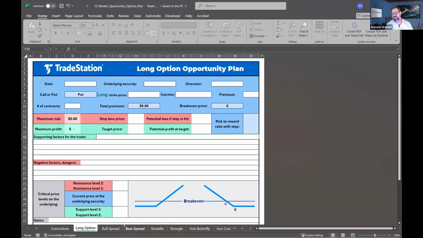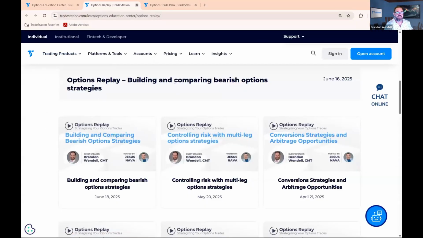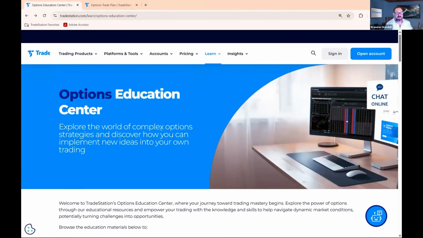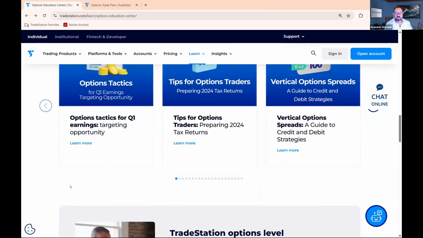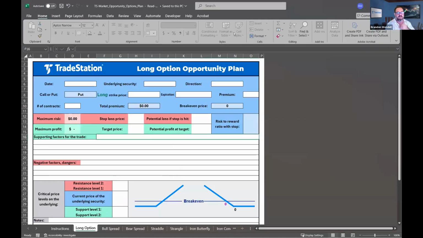So it may not, the strategy, your business plan, yes, it would work the same way. And as far as increasing your level, you'd have to talk to the brokerage about that. Talk to your rep at TradeStation to find out more. I believe if you go to the TradeStation Options Education Center, there was something in there. I remember seeing it about your levels. So I'm not going to find it right this moment, but you can look on that page and find it.